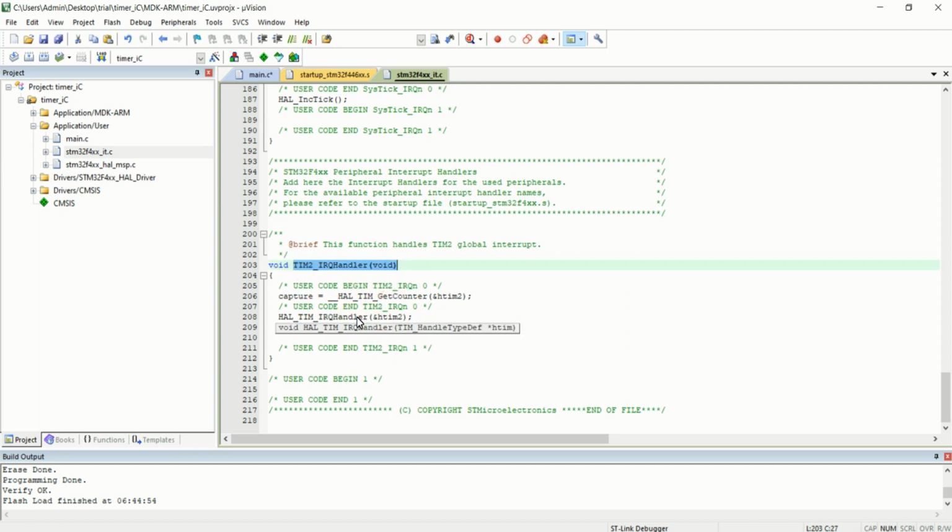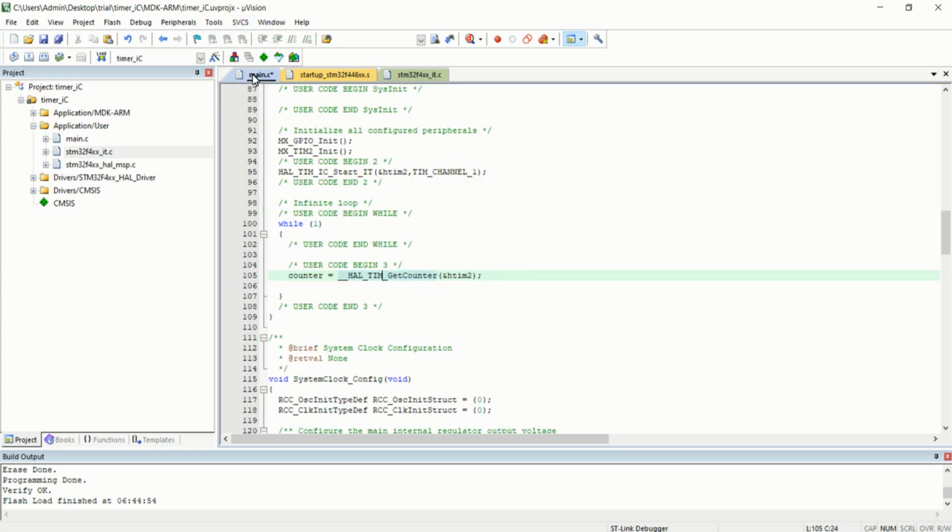And again, after completing all the lines that are available over here, that is after storing the timer count value at that moment to the variable called capture, it resumes back to the main function and it will continue the process it left here. So this is the process of the program, and I'm going to compile the program.